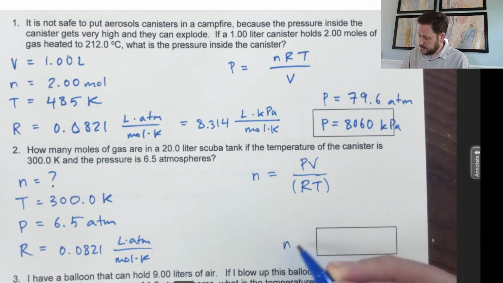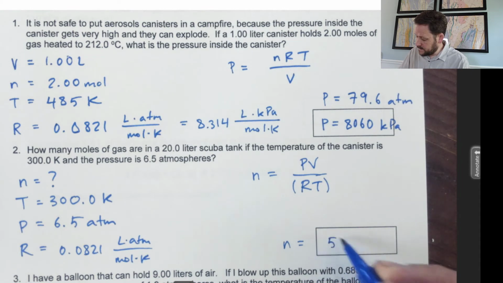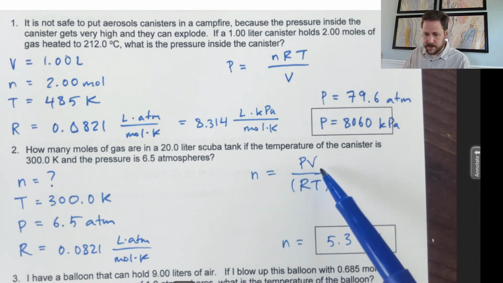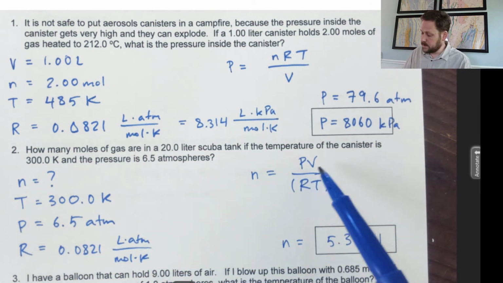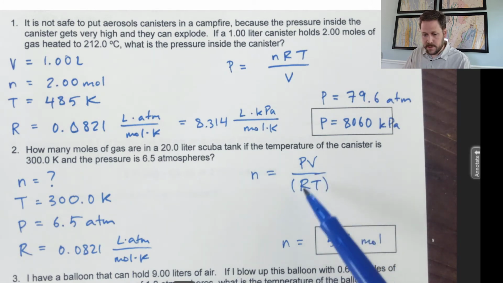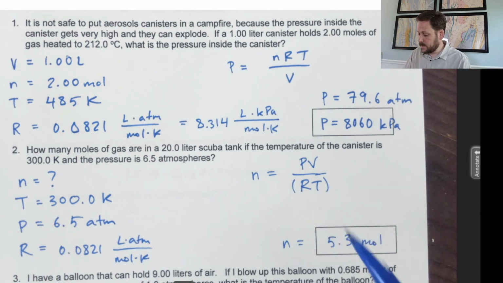The answer I get in moles is 5.278, rounded to 2 significant figures. That would be 5.3 moles. Now I did that by taking my pressure, 6.5 atmospheres, and multiplying by my volume, 20.0 liters, and I forgot to list the volume in the shopping list there. But then I took that product and I divided by the product of R and T. Dividing by the quantity RT gives me